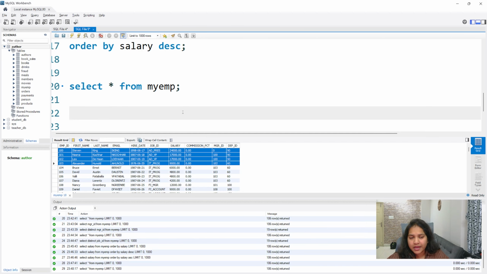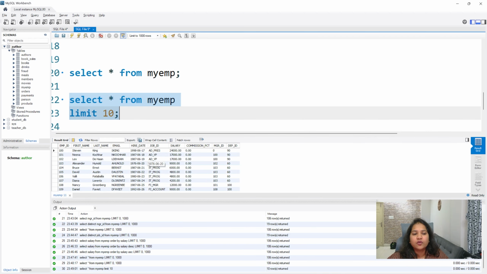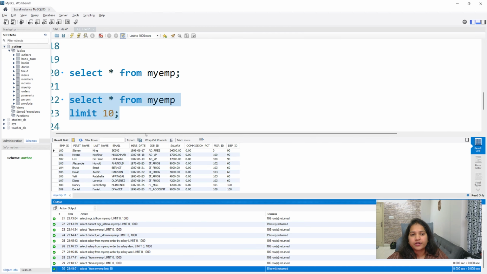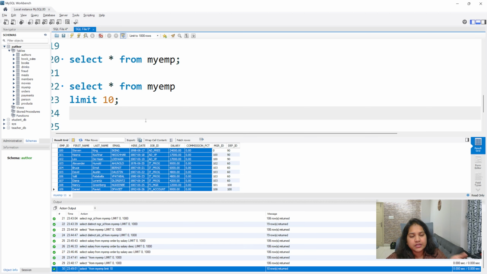But imagine if you have a table with some crores of records. Like if you're working for Uber or Swiggy, there are some crores of records inside a single table. If you write select star, that particular code will run till the evening. That is why you should never do select star when you are working in a big company. If you want to see some sample data, always write select star from my EMP and just write limit 5, limit 10, limit 20, so that if you run this, you will see only 10 records. You see 10 rows returned because you put limit 10, and the top records, in the order in which we inserted into the table, will come.